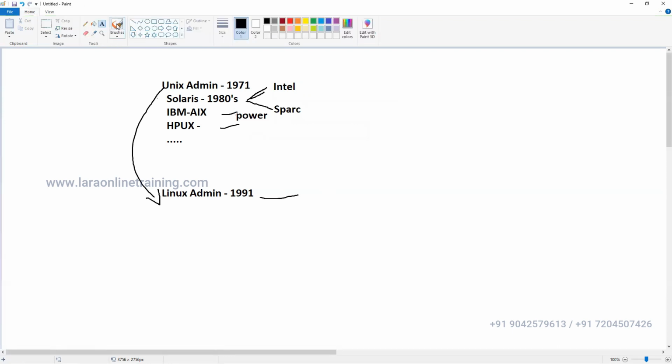It's not like Intel. I mean to say, if you want to install IBM or HP software on Intel, which is what we are using right now in the market, it won't support you. Only Solaris can be installed on either Intel or SPARC. Intel means the laptops, desktops and servers we get in the market, the Intel machines like i7, i5 processors. SPARC is again different hardware owned by Solaris. So the problem is, if you want to learn this, we don't have dedicated hardware.